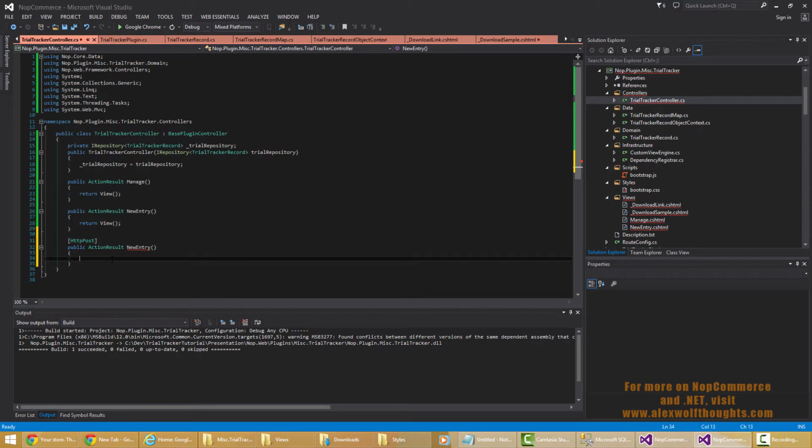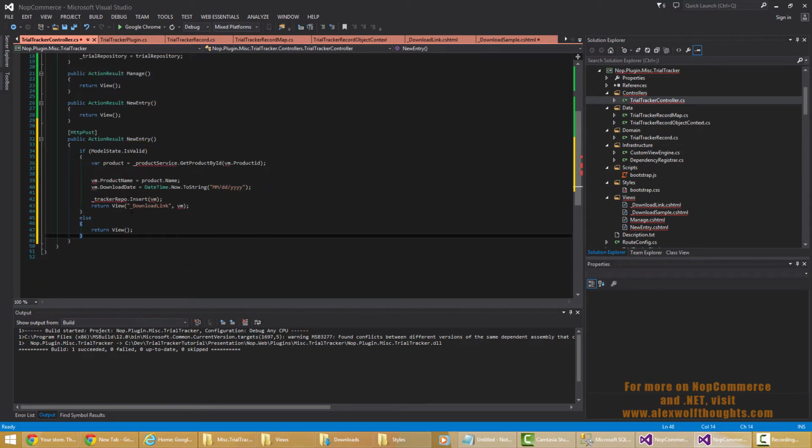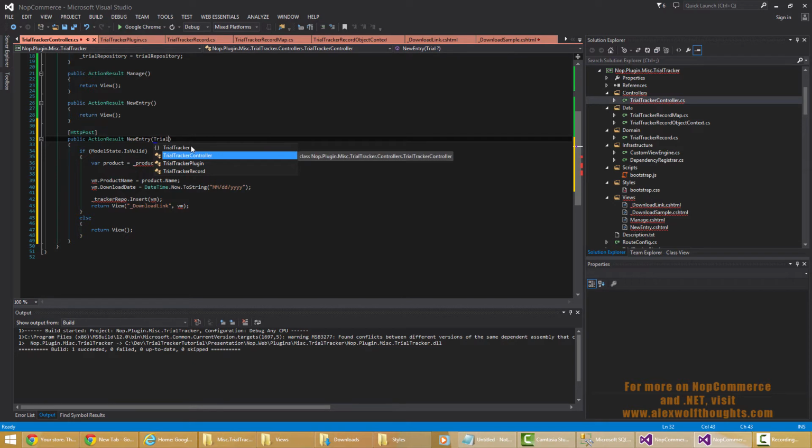I know pasting can be kind of annoying, but it saves time. There's a couple of things that we need to do to wire all this up. First of all, our action result needs to accept a parameter of a trial record, and I'm just going to call this VM for view model. And we're going to use the Bind